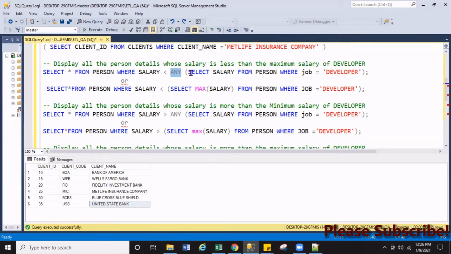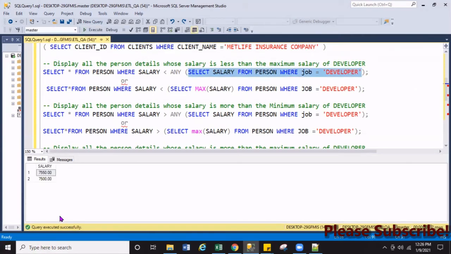Okay, and my inner query is giving the salary of developer. So let's see here. The salary of developer is how much? We are seeing 7,000 and 7,550, and I'm looking for the maximum salary.